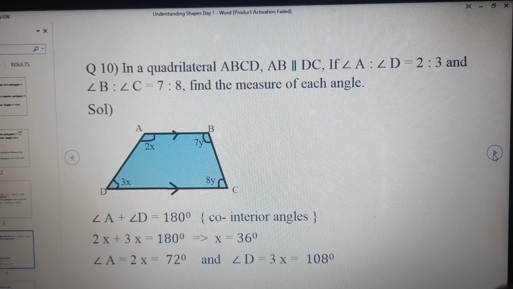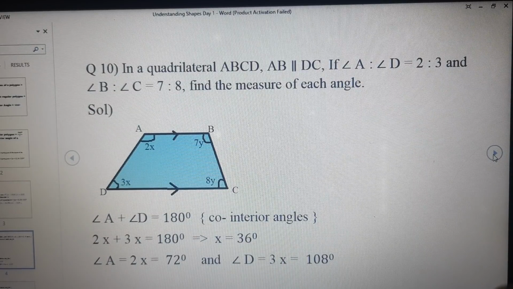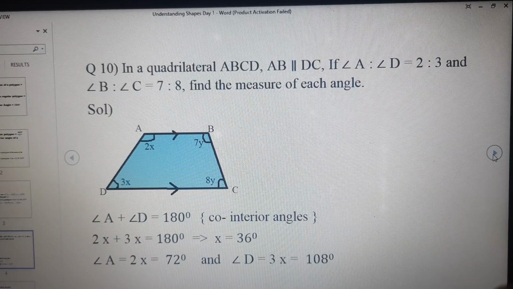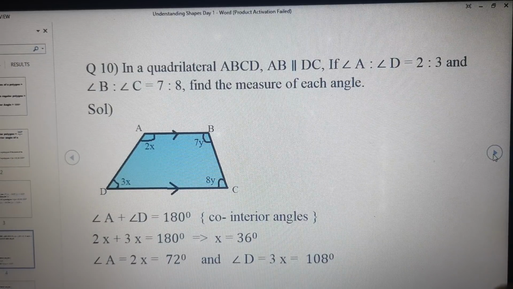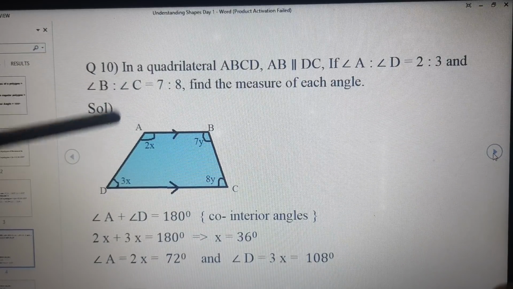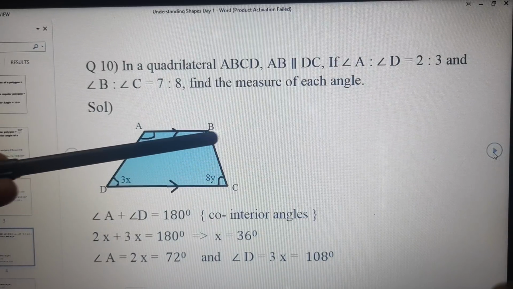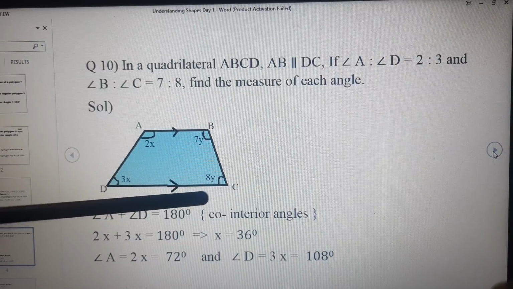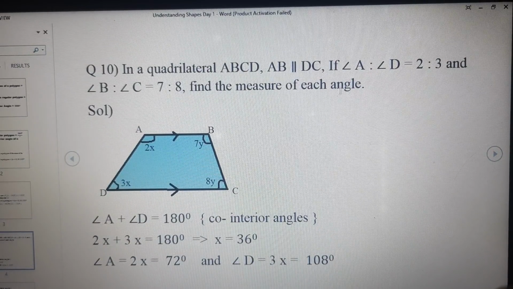Moving on to the next question, it is a quadrilateral. They have given a quadrilateral ABCD in which AB is parallel to CD. In today's class only, I will be explaining how many types of quadrilaterals are there. Fine. But right now, because you are not aware of that, a quadrilateral will have four sides. ABCD is a quadrilateral where AB is parallel to CD. I have drawn the diagram. You can see that AB and CD are parallel to each other.